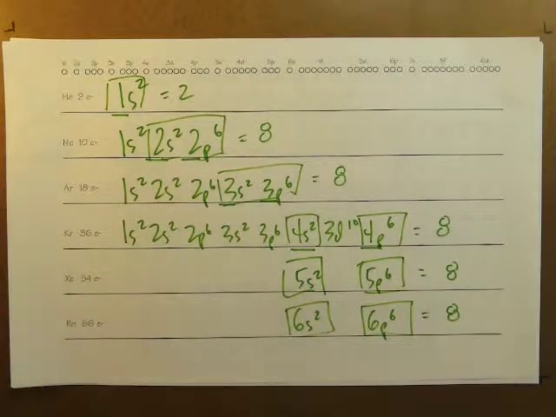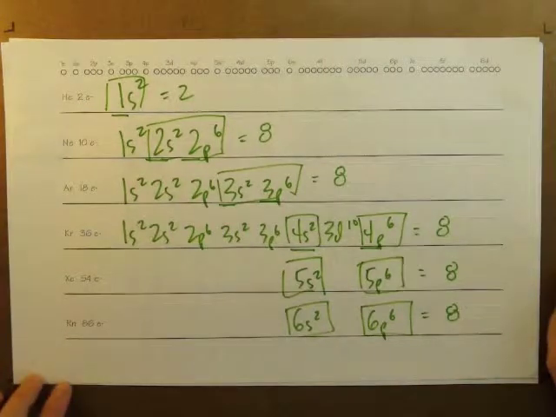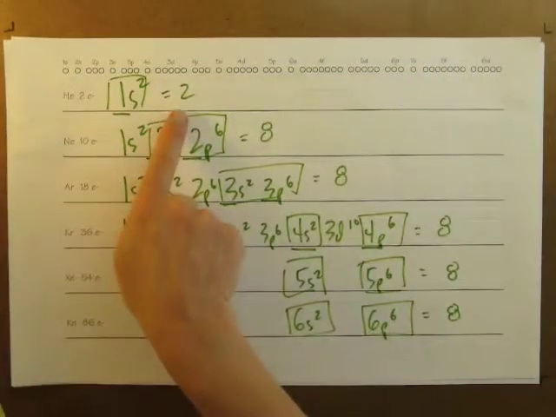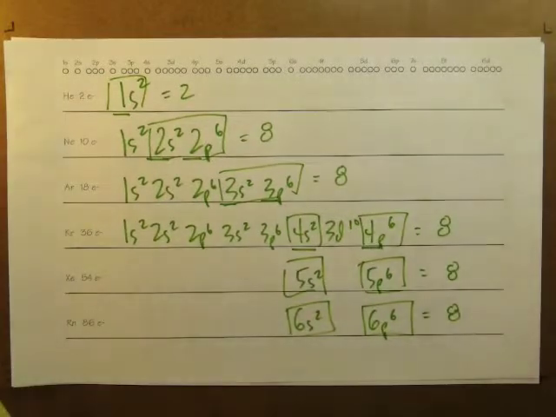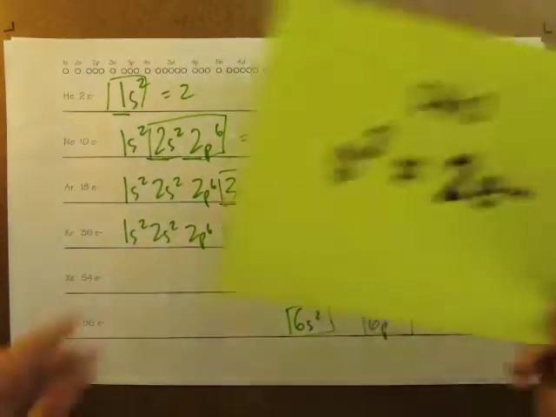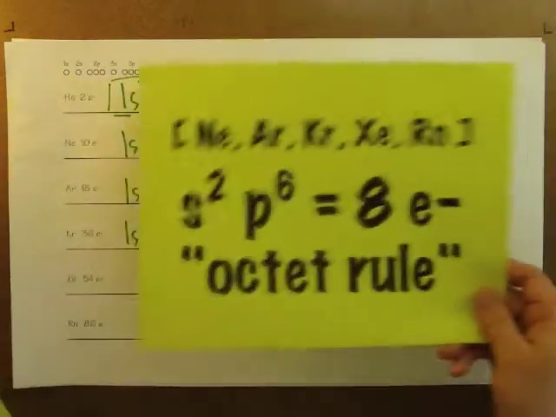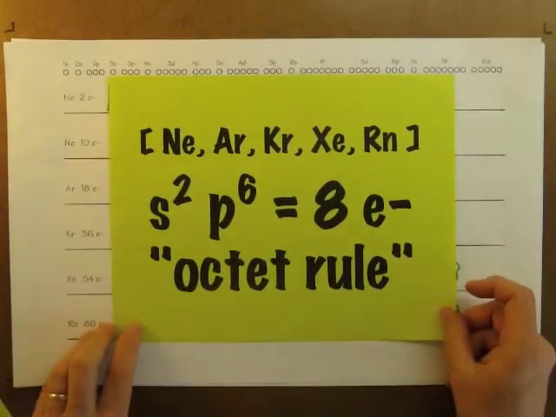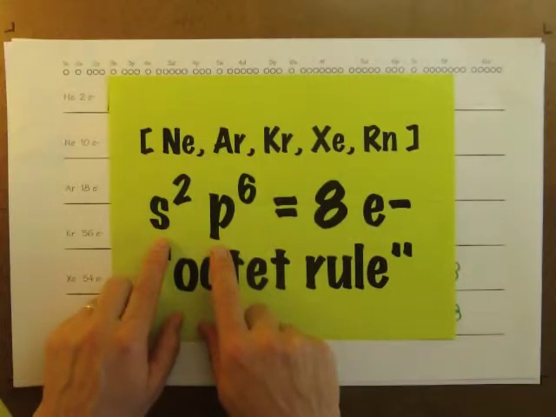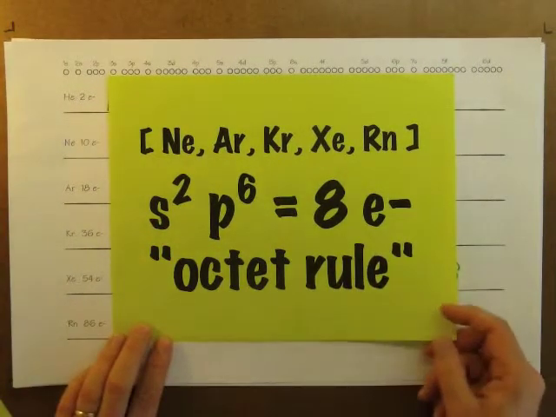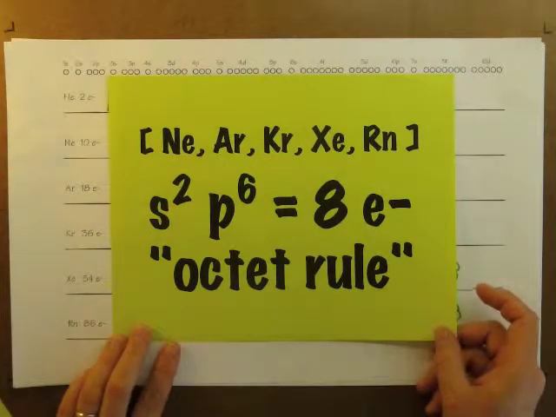The reason why the elements that we're looking at, the noble gases, are relatively stable is because they have completely filled their valence electron orbitals with either 2 electrons or 8 like the other ones. Helium only has an s orbital with 2 electrons, so it is completely filled with those 2 electrons. But the other ones, neon, argon, krypton, xenon, and radon, they have outer s and p electron orbitals which can hold 8 electrons. We call this the octet rule, that 8 outer electrons completely fill the s and p orbitals